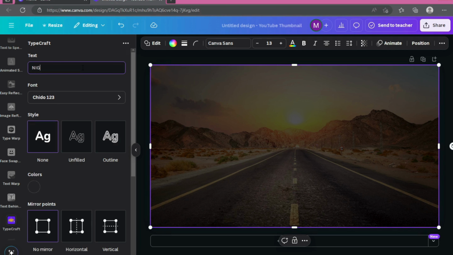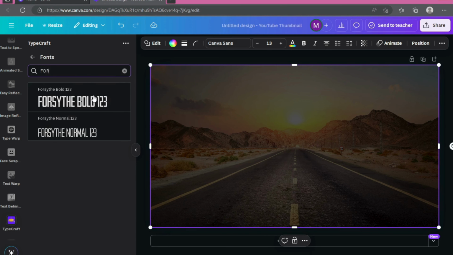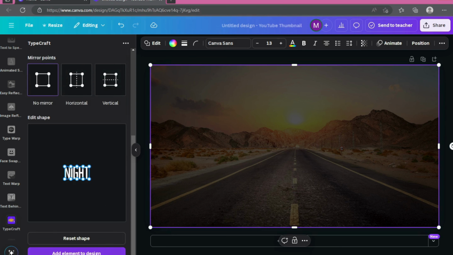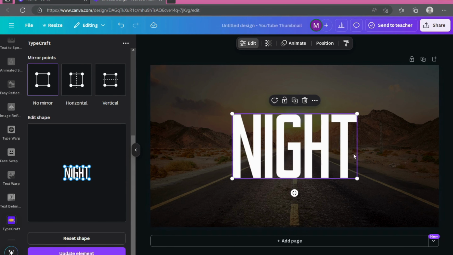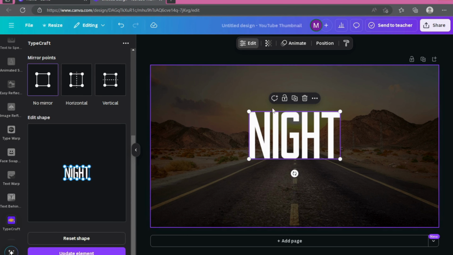right. Change the font, go there, change the color to white, switch to shape and add the design. Now again customize it, now duplicate,